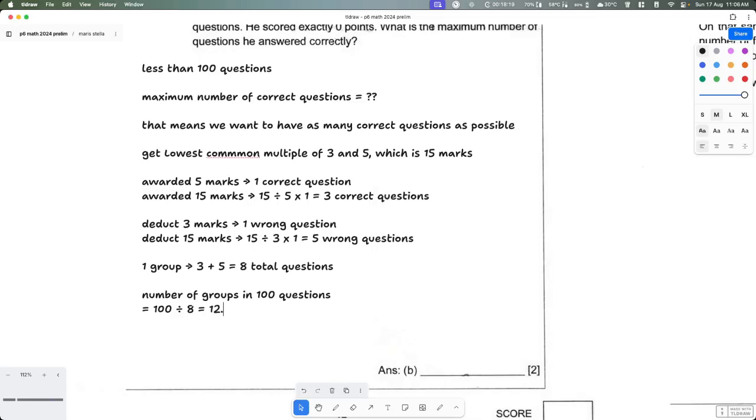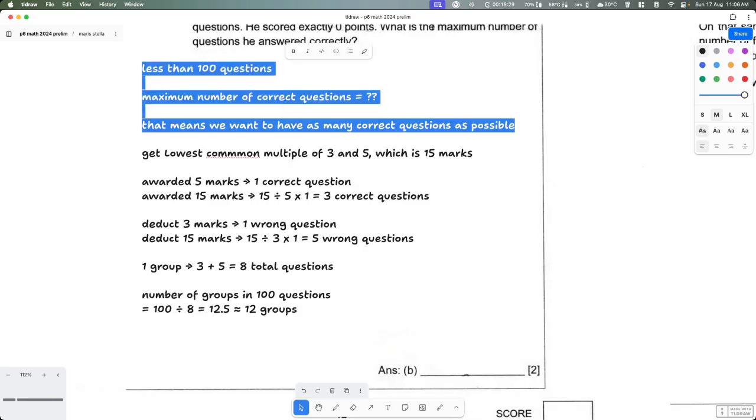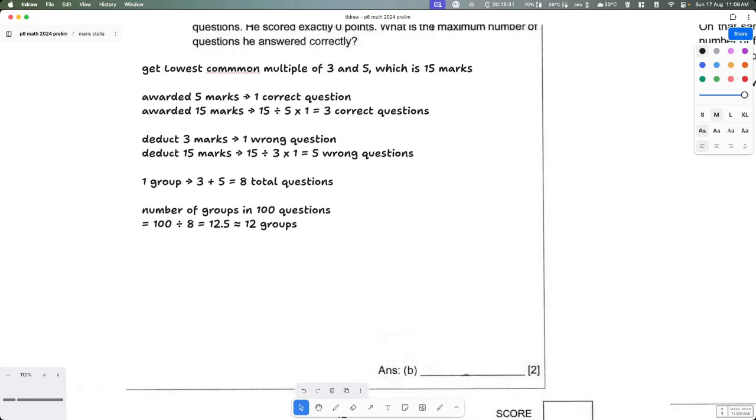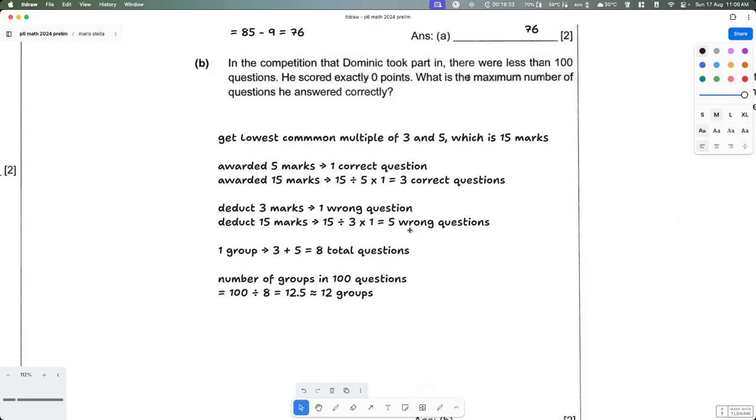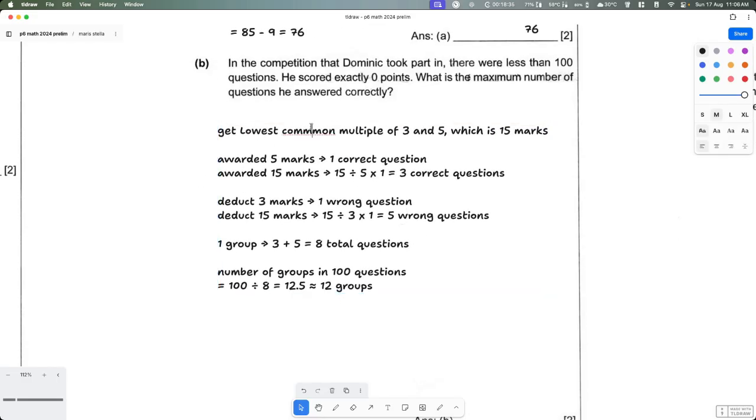So 12.5, which we want to round down to 12 groups. Okay, so in this case, the next one will be number of correct questions is equal to 12 times